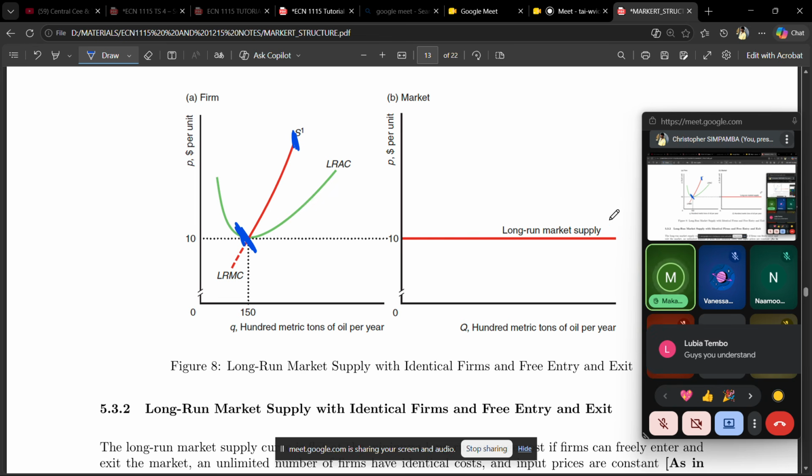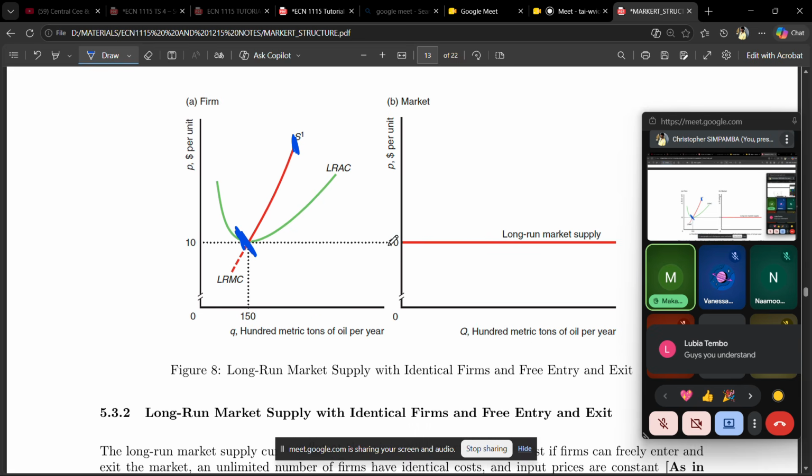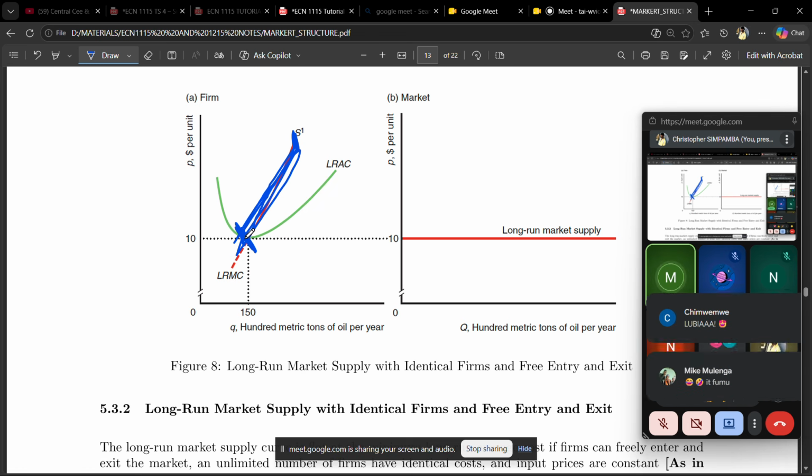The short run market supply curve is upward sloping because higher prices cause firms to increase output. Then when you look at the long run,